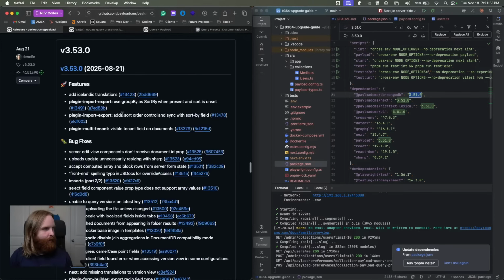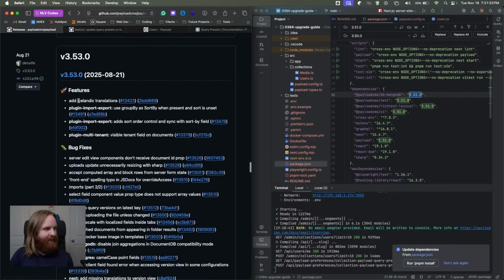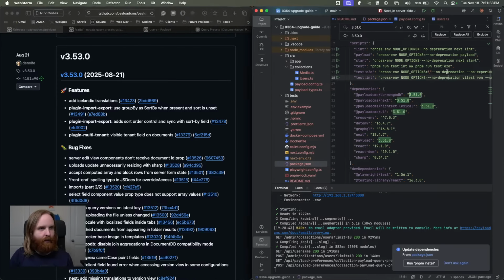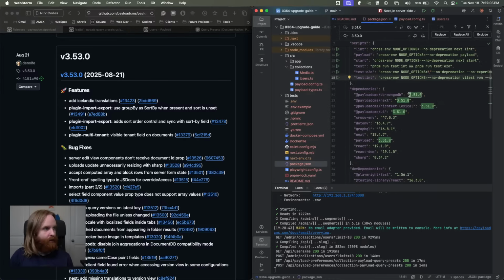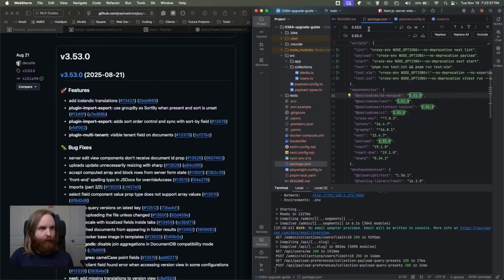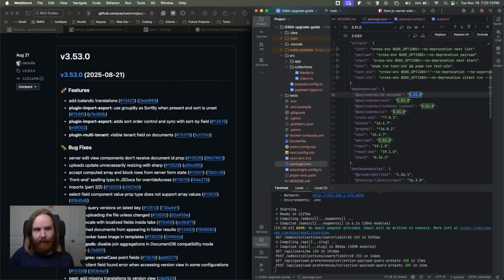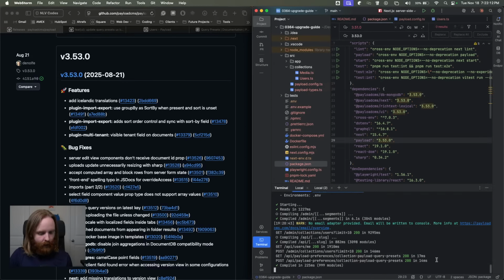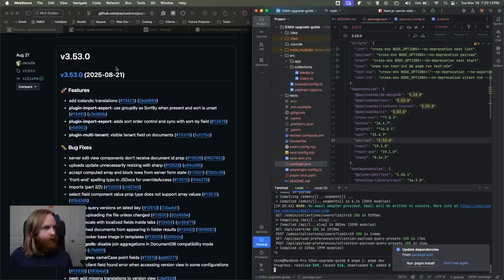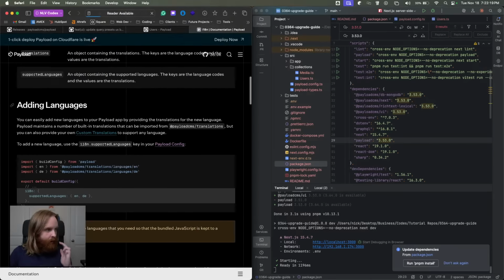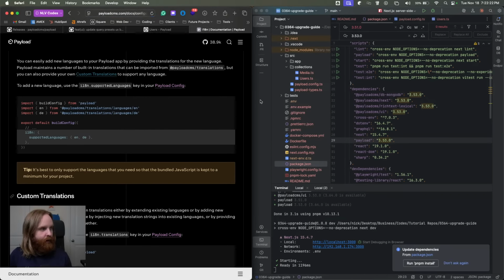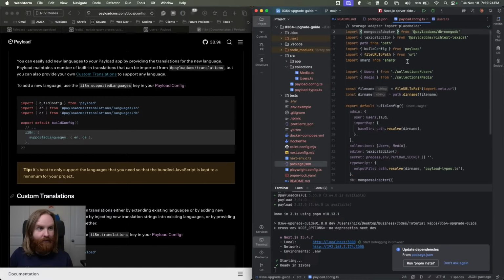and head up to 3.53, which has a couple of features. The first is that there is an Icelandic translation now. So in the config, first, actually, we need to go to package.json, and we're going to upgrade from 3.51 to 3.53. And we're going to install all of that. And while that's happening, we're going to look up the config for adding languages again,